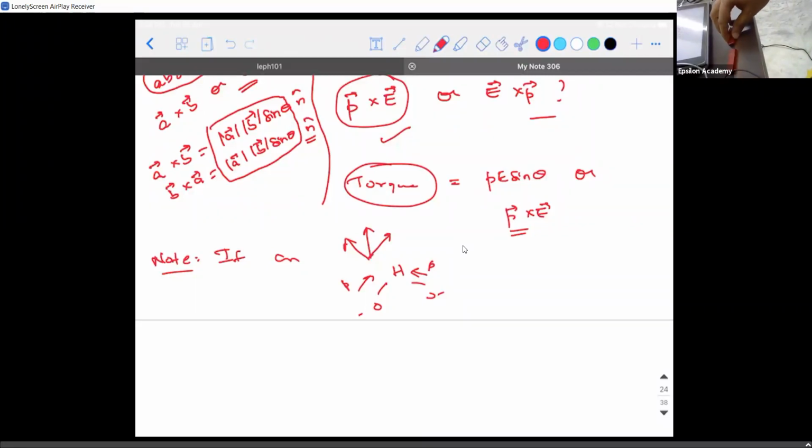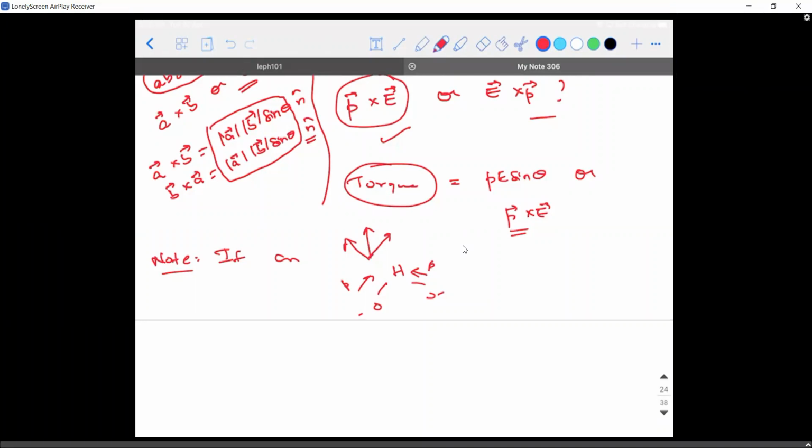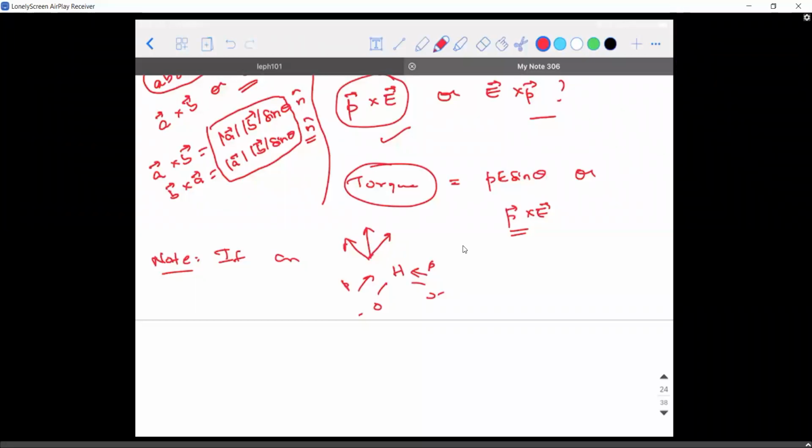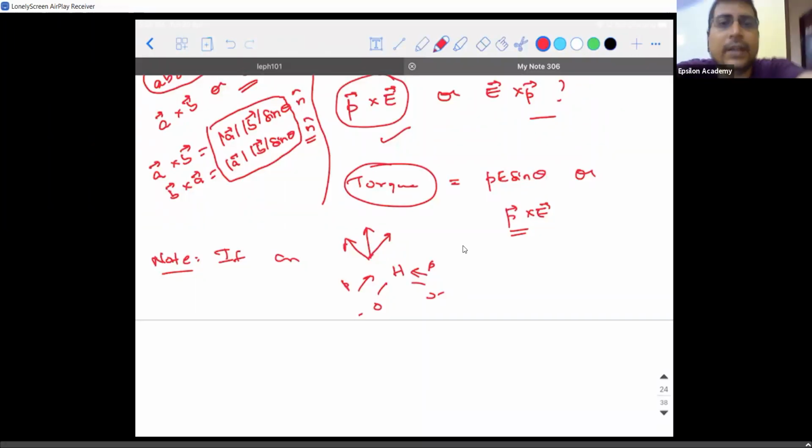Whereas, did you see what happened to it when I take the north pole close to it? Did you observe? Yes, sir. This is what is called rotational and translational motion. So this is what happens. Unfortunately, I cannot show you with the help of charges, so I'm taking the help of magnets. So this is the whole story of a dipole. What dipole? An electric dipole placed in an external electric field. Clear?